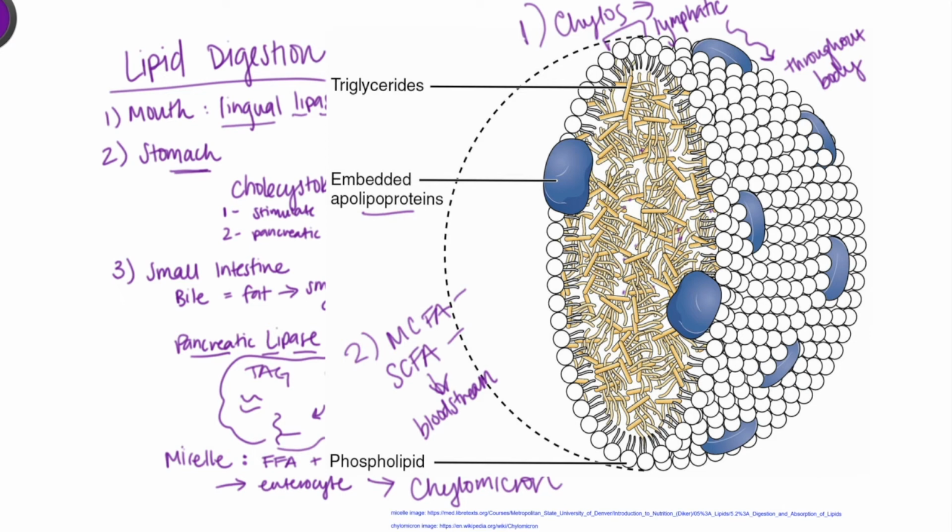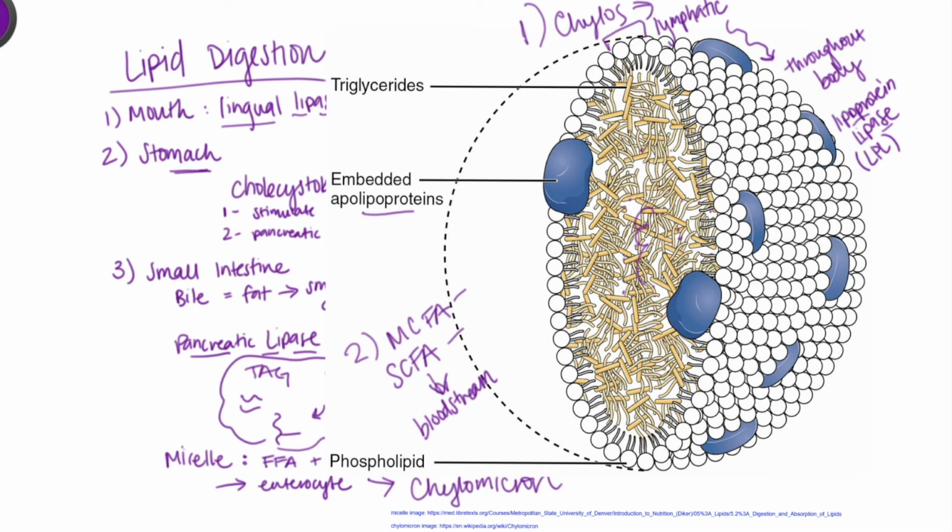At various locations, the cells throughout the body that need these lipids, you'll start to see the chylomicrons be acted on by something called lipoprotein lipase. This enzyme is also called LPL. When lipoprotein lipase acts on the chylomicrons, it's going to grab off some of the triglycerides found in the inside core of our chylomicron to provide the triglycerides to various points. So we're going to keep seeing this process happen where the chylomicrons are acted upon by lipoprotein lipase, which keeps pulling out triglycerides, pulling and pulling and pulling,